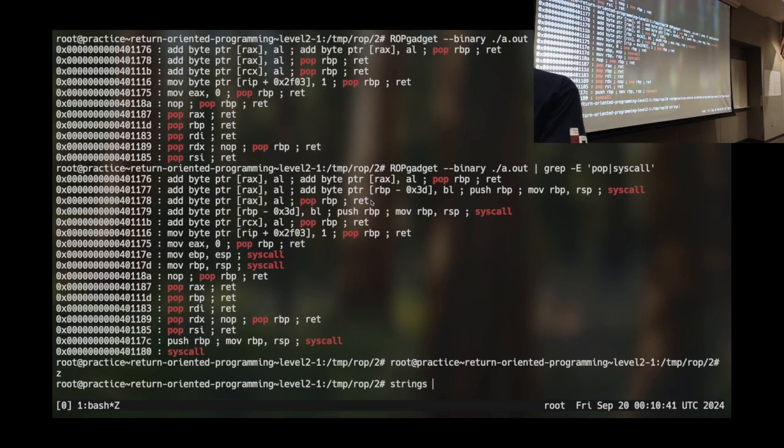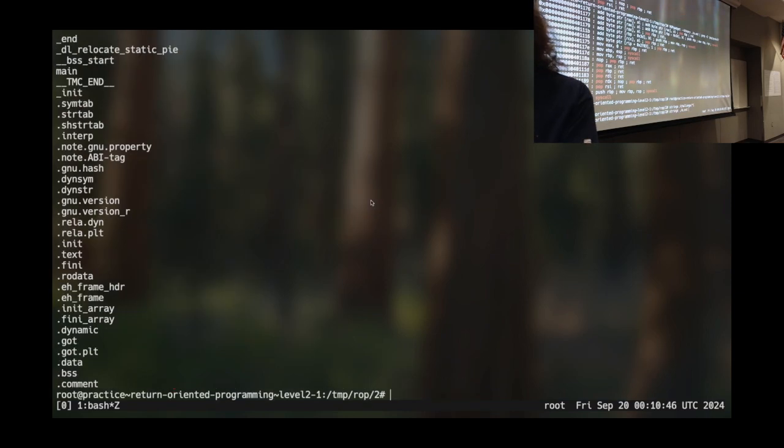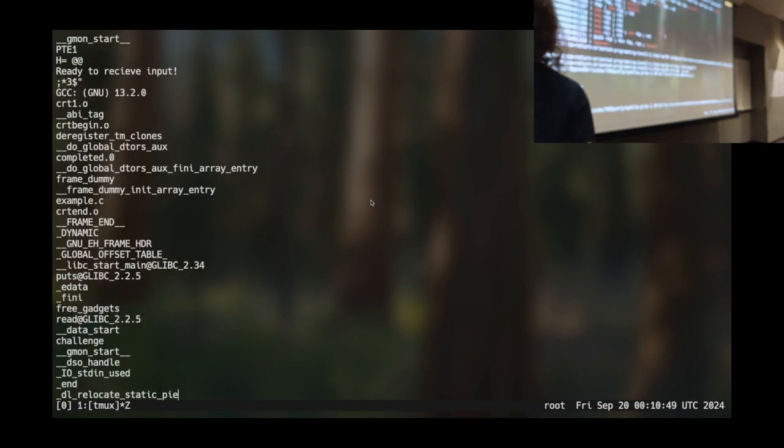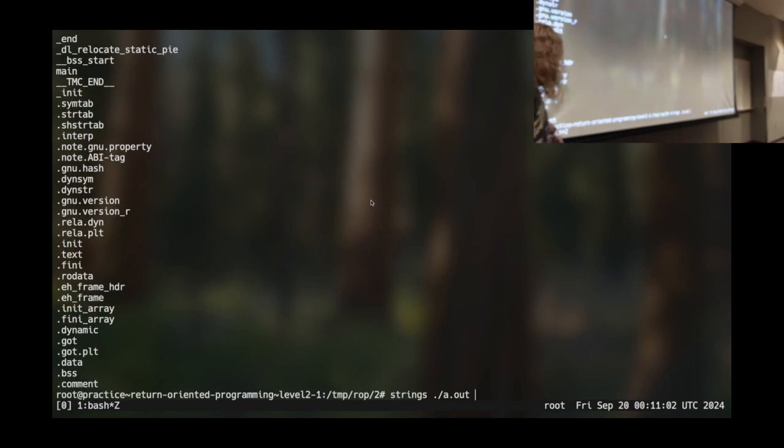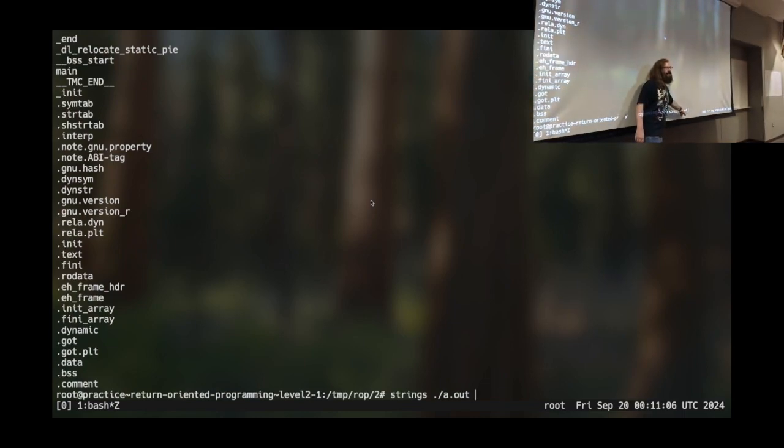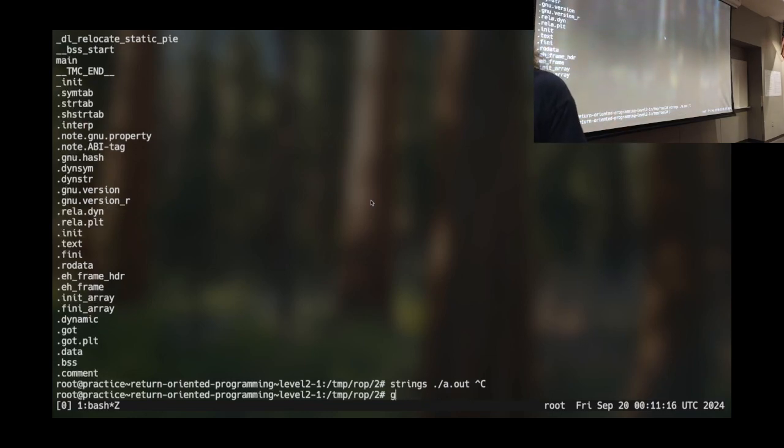So there's a strings command if you're unaware. I'm not running a challenge. All right, there's a bunch of strings, right? All I need is literally 1 character followed by a null byte. That is enough to define a C string for our purposes. And one of the nice things about using the binary itself is this is not PIE, which means if I know the address of this string, it is a constant. It's not randomized. Now, strings doesn't tell us the address. There may be a flag to do it. I don't care.